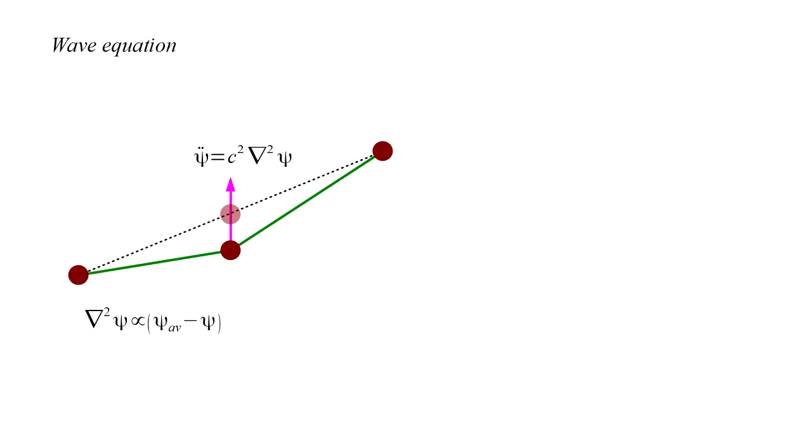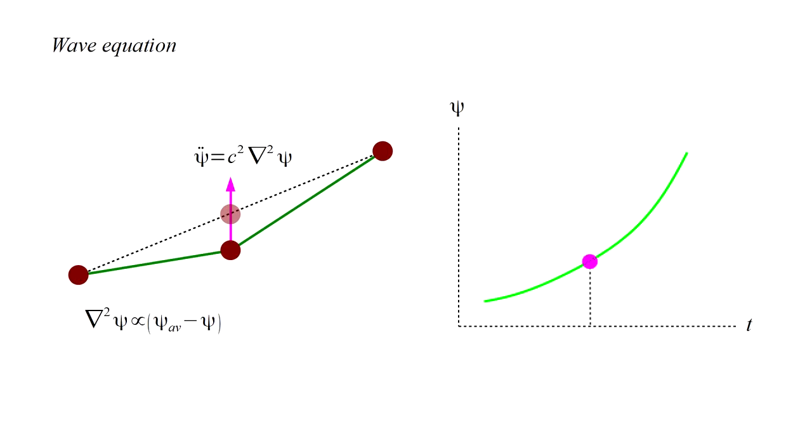We denote acceleration with two dots, and the constant of proportionality turns out to be the square of the wave velocity, c, the speed of light, or of sound, or of whatever it is we're describing. If we plot the ball's position, which is our field value, through time we get some curve. At a particular time we're at some point on the curve, and we can draw a line through the curve